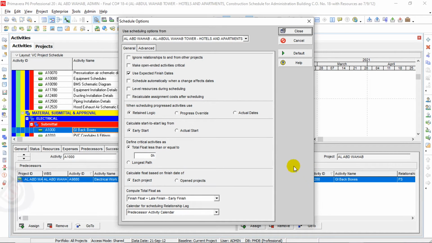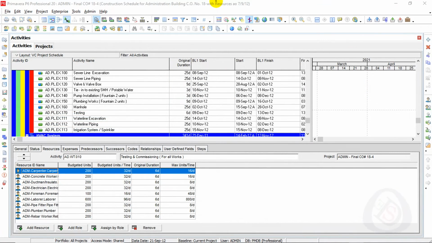That can be done by schedulers who are doing portfolio projects or different projects, where there are small phases or small buildings attached to a single project and they want to schedule at the same time with the same data date. So when we go here in options, we can select the project and the settings which we want to use during the scheduling. This is a big change: you can individually schedule a single project in one single screen. I can now choose a different option for different projects here.